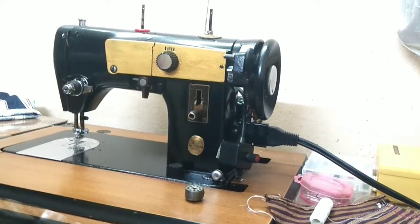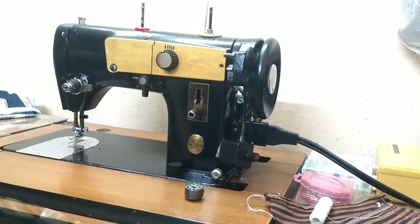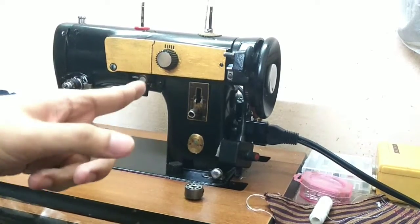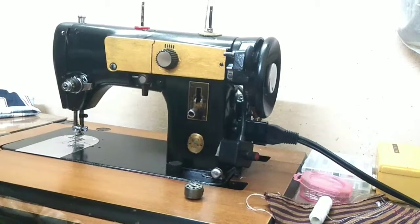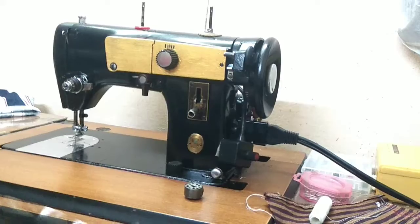So today I will showcase you one of my newest acquired machines. So far I have 7 machines in my collection, and this is my last one, supposedly. And this is my first all metal zigzag sewing machine that I owned. So I would like to show you close up